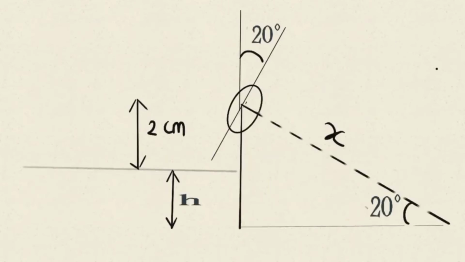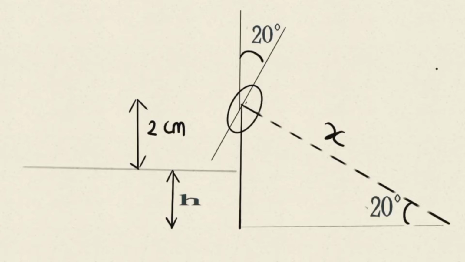So here what we have done, we have defined a triangle. You can see that circular part, that elliptical part, is actually the ultrasonic sensor's trig pin that sends the signal, and at the bottommost point there will be a breaker. So here this angle will be 20 degrees, as you can see here in this triangle, and this is the cardboard. So from above it there is a 2 centimeter gap.